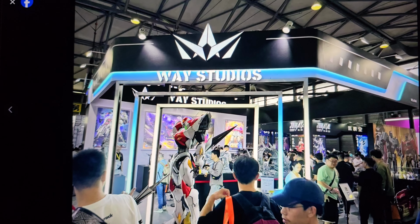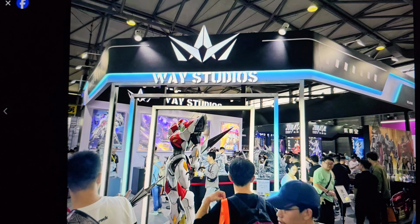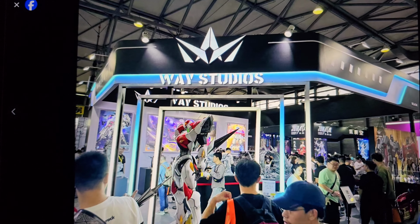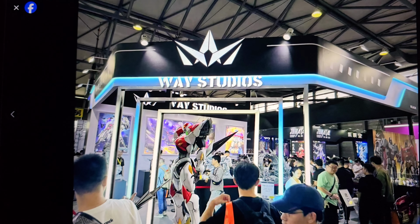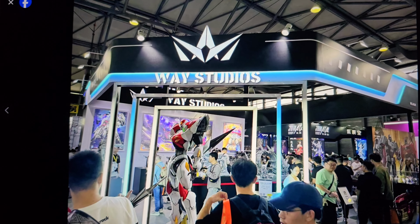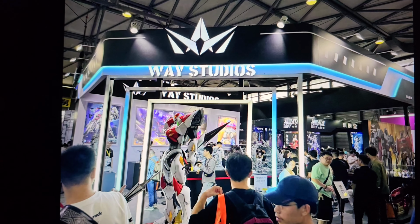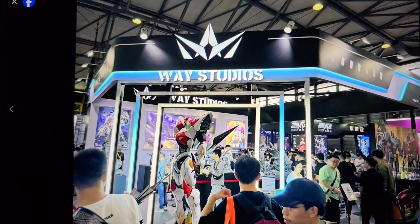You know, they even got like a Gypsy Danger versus another dude, like the evil one from the second movie, which I hate the second movie. Like, it's still watchable, but man, I just hate John Boyega. I really dislike that guy. Nevertheless, Way Studios has been doing some really cool stuff with the Pacific Rim license, and now they're starting to